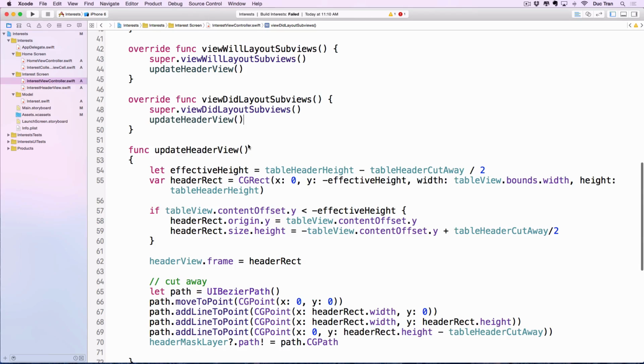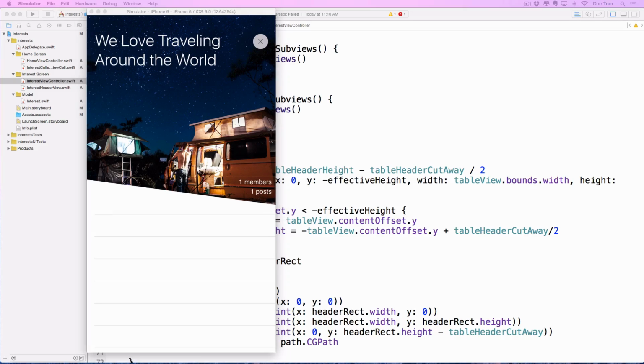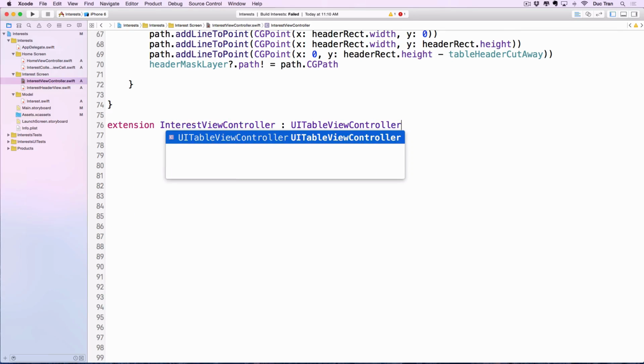Now, if we run it now, we will have a crash. Why is it? Because we assign this table view as the data source and the delegate. We assign the view controller, the InterestViewController, as the data source and the delegate of our table view, right? But we never implement the UITableViewDataSource, so now we have to implement that. Right, so I will have an extension right down below here. Extension, InterestViewController, and that will extend the